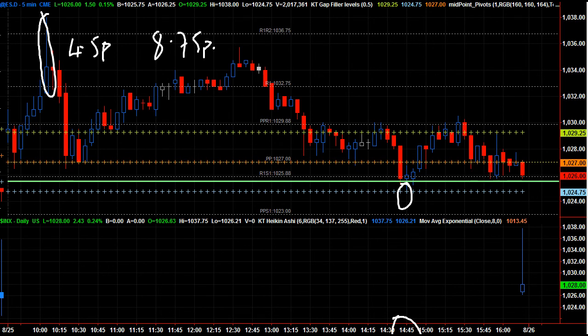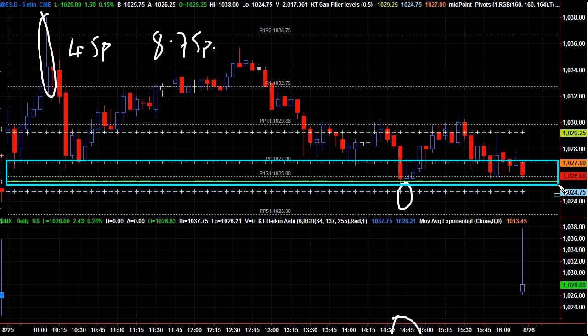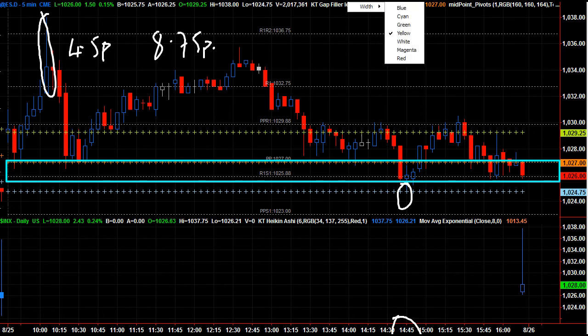What I'm going to do is put a box on here and show you it was this zone here that stopped me from taking this trade. In this zone you have a number of points that make up this point of